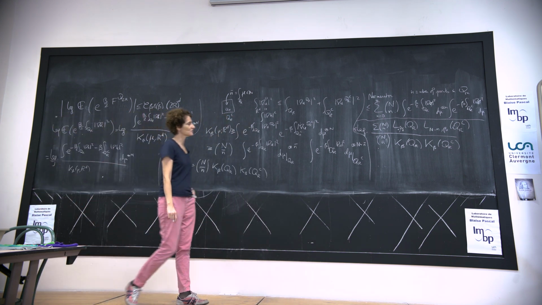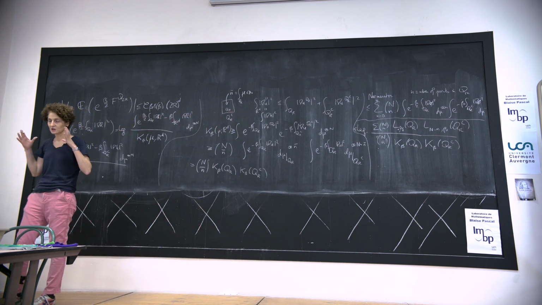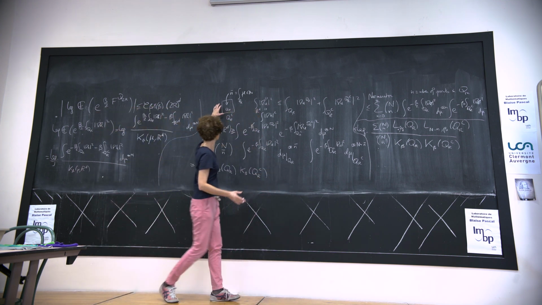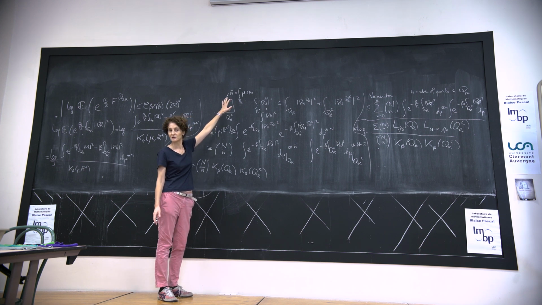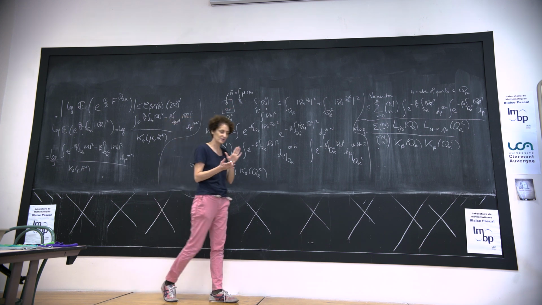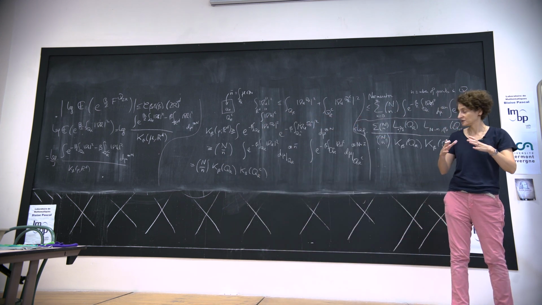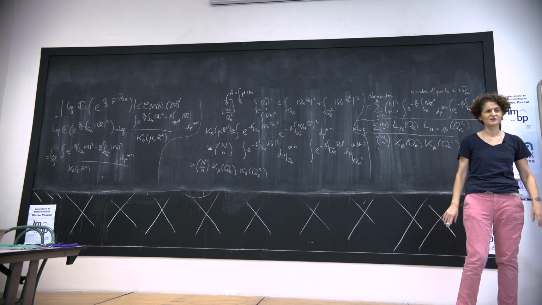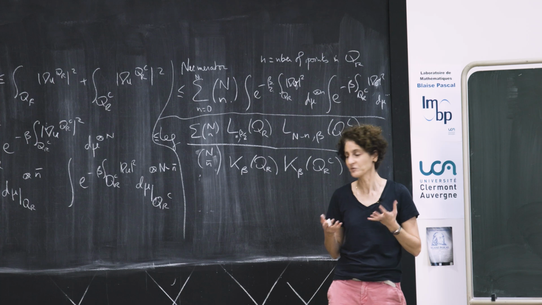Okay, but now we know that we have good local laws up to size 2r. And in particular, this tells us that the number of particles that fall in that box does not deviate very much from n bar. Because if it was deviating a lot from n bar, you would have a lot of imbalance in that box. And in particular, it would also be imbalance in the double box. And so the f would have to be very large in the double box. And this we can rule out from the local laws. Okay, so there is a form of concentration